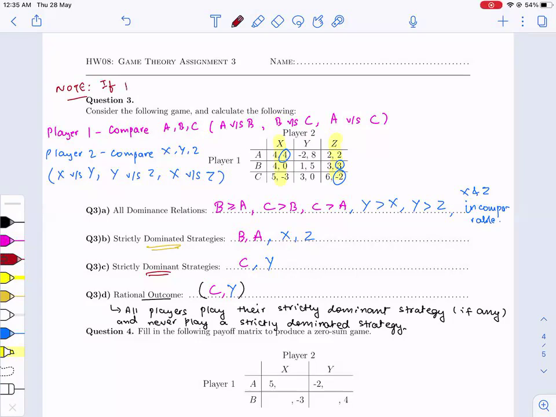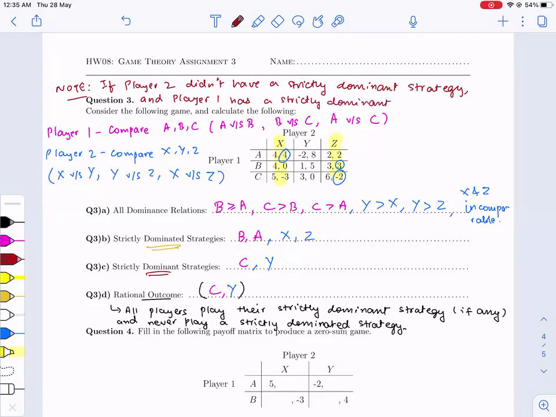So let's say player 2 didn't have a strictly dominant strategy, and player 1 has a strictly dominant strategy, then the rational outcome is